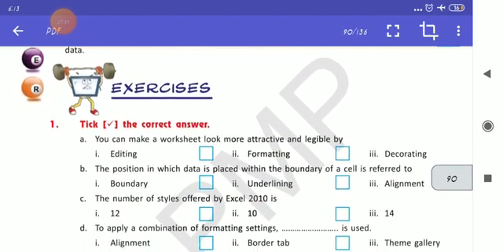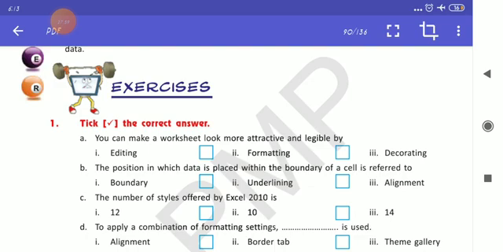Now tick the correct answer. You can make a worksheet look more attractive and legible by what? With the help of what? Editing, decorating, or formatting.